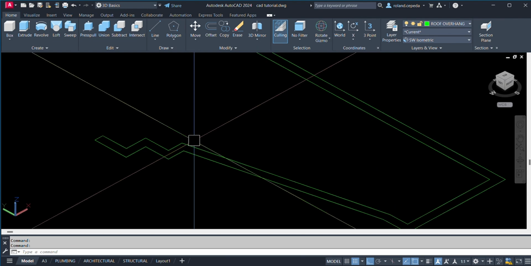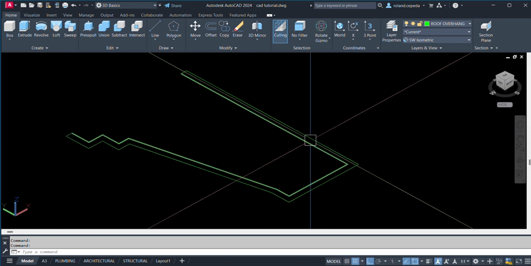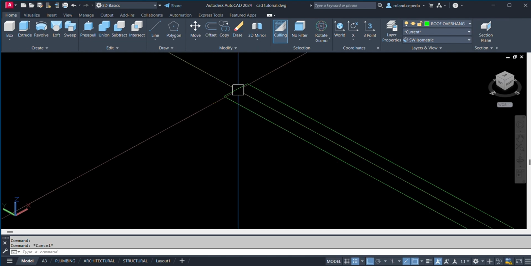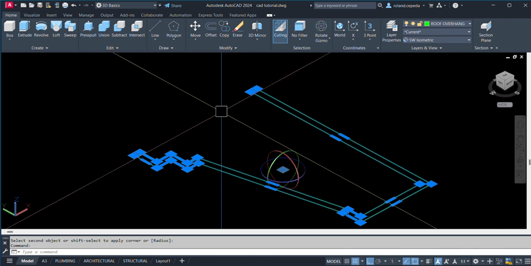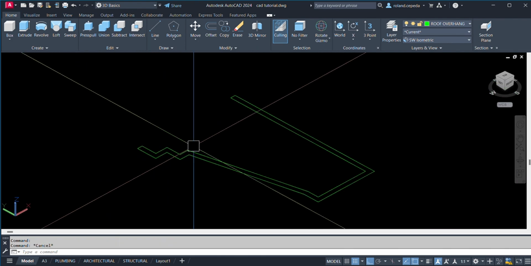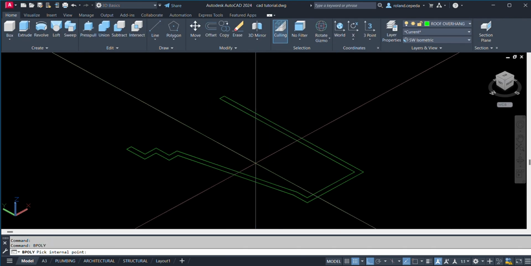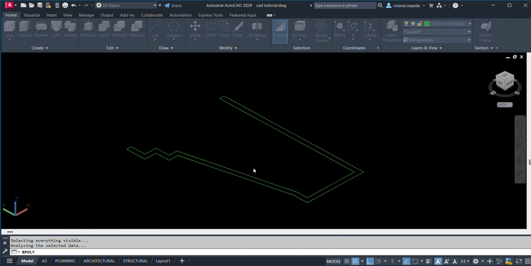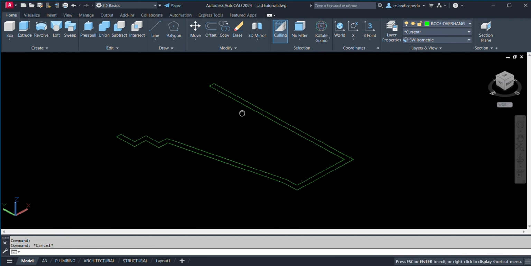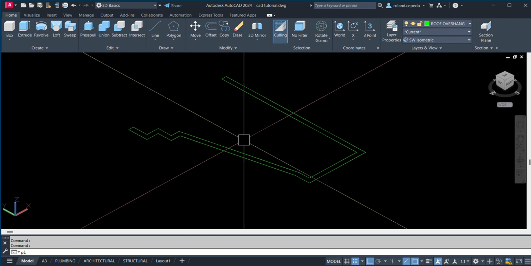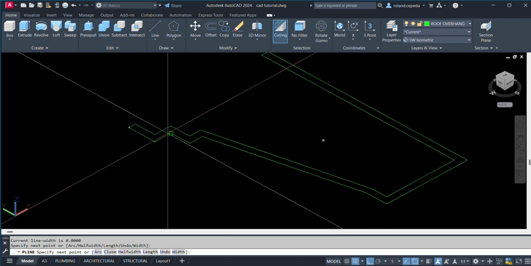Why is this? So let us try to trace this one.